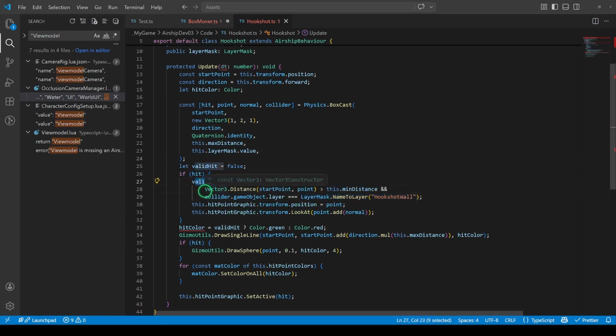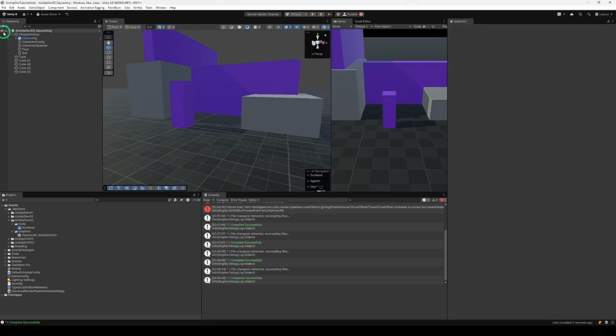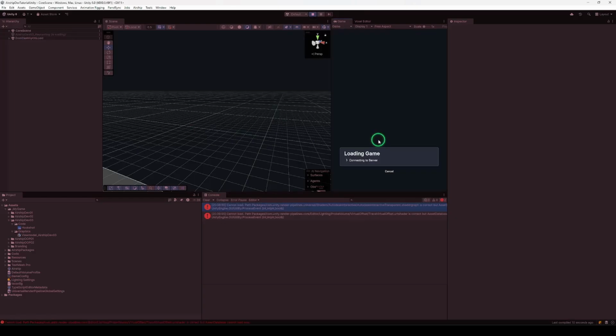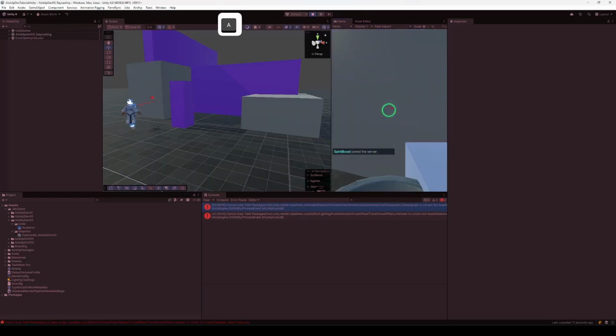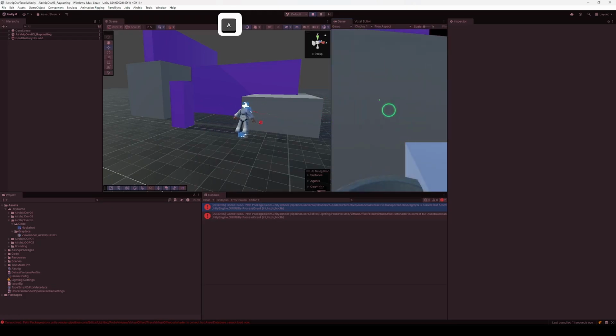All right, so it's a valid hit if it's far enough away, and it's a collider that we can actually hookshot to. And we changed our layer to include default, which is an invalid layer, but will still stop the raycast, the boxcast. All right, so now we can't shoot through this wall, and it's in fact invalid, except if I get too close, apparently. In which case it goes through,